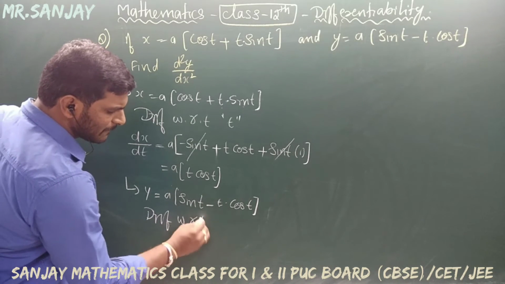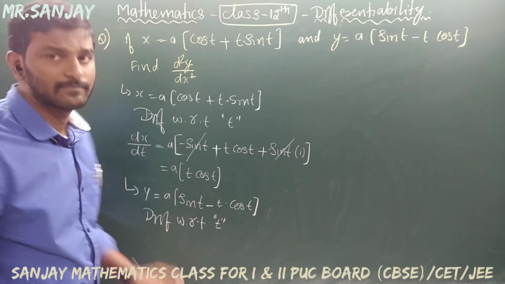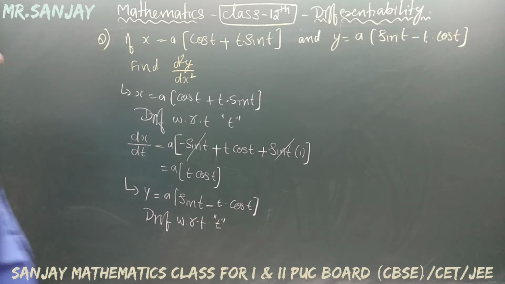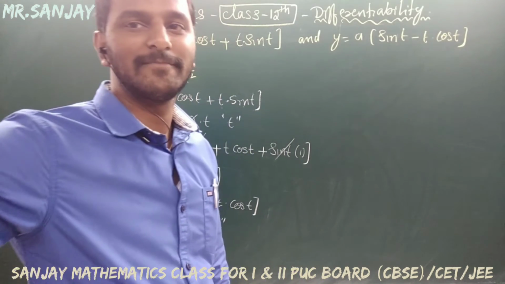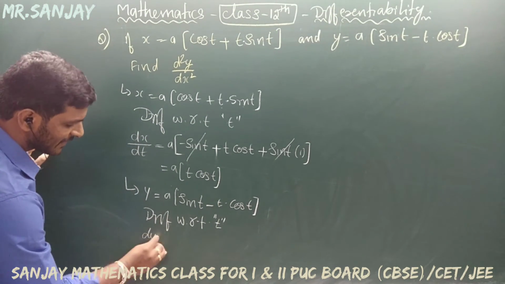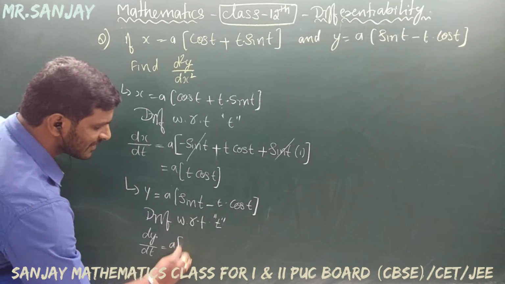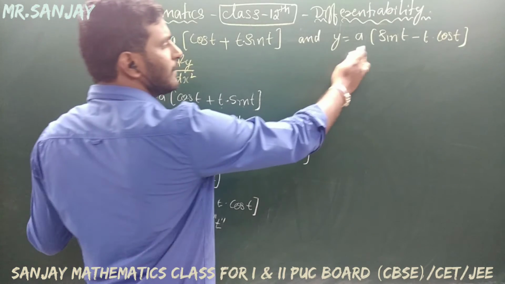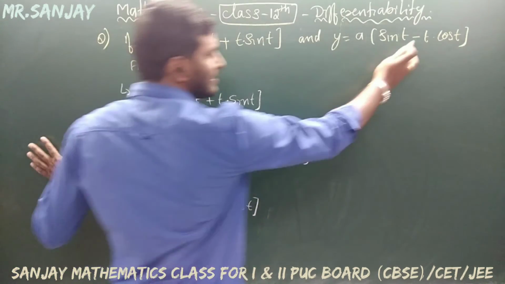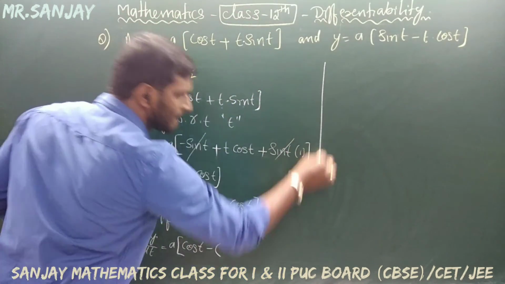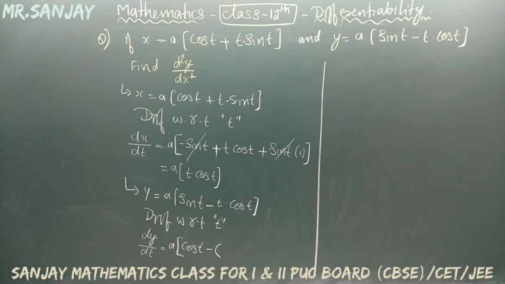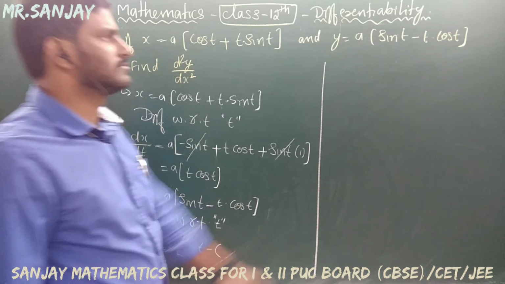So what is the third variable here? What is the third variable? What is the third variable here? t is the third variable. Now differentiate the function. dy by dt is equal to a is a constant. So sin t differentiation is cos t minus, take a bracket because there is a minus here. Again we need to use the product rule. No, it is not plus, it is minus. In the textbook they are giving it a minus. No, minus only.